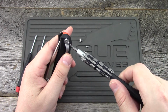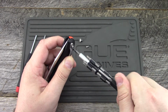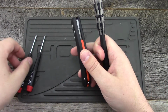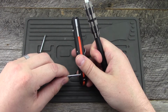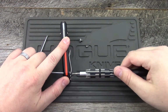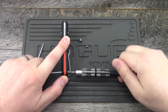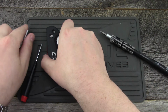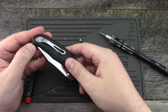Alright, so far so good, guys. No one's crying, no one's swearing. Alright, this one's not wanting to play nice, so I'm going to have to grab another one here, hold it in place, grab this one. Again, not the most graceful thing. Alright, so 3 screws, and here we go with the